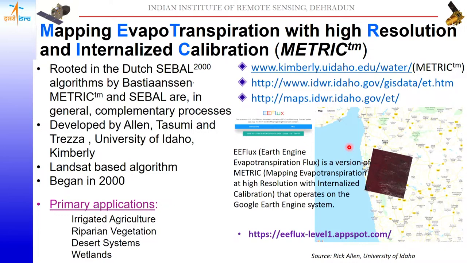Then the other part which is important from the water management point of view is the evapotranspiration. So there has been significant progress in this domain also. The primary driver for the evapotranspiration estimation is the thermal data sets, which are publicly available through the Landsat series of satellites. For example, the Landsat 8 and 9 series, and now we do have our OceanSat series